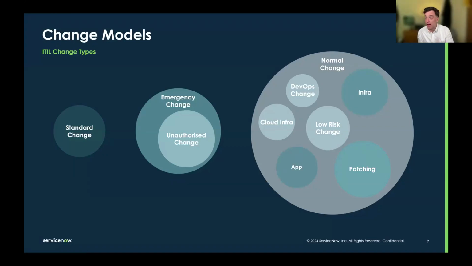You have things like infra changes that may need a very heavy approval process. They may need a lot of stakeholders in the room to be able to say the change can go ahead because you're patching one of your core routers. You have cloud infra, which is a different beast altogether, right? That could be doing infrastructure as code, which is done in a very, very fast way. Instead of changing things, what we're actually doing each time is destroying what's there and recreating it. Ephemeral and immutable cloud resources.